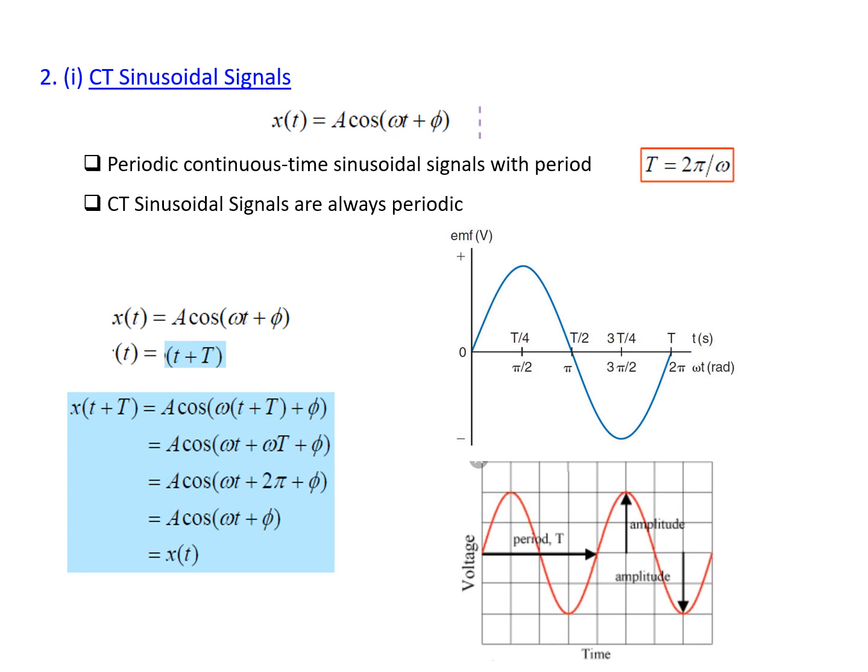The next important class of basic or elementary signal is what are called sinusoidal signals or co-sinusoidal signals. This slide shows the basic description of a sinusoidal signal in the co-sinusoidal form. One thing you have to be clear about is that sinusoidal and co-sinusoidal are both treated equally in signal processing applications,